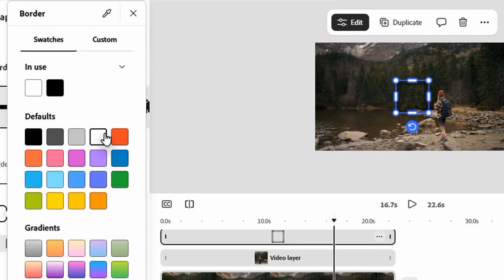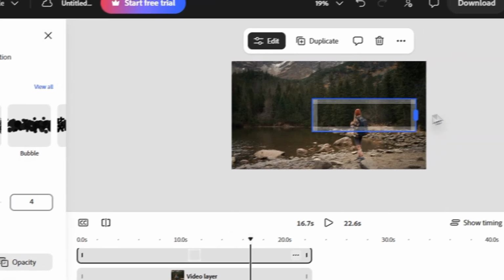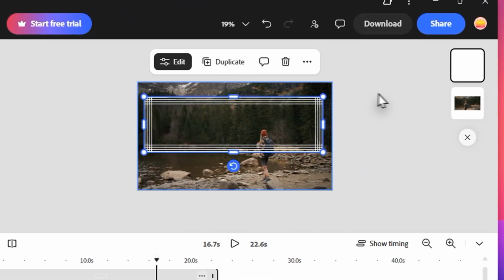From there, you can easily resize it by dragging the corners or change its color to match your palette. Adobe Express makes it incredibly simple to layer these frames over your photos or behind your text to create depth. If you want a more organic look,